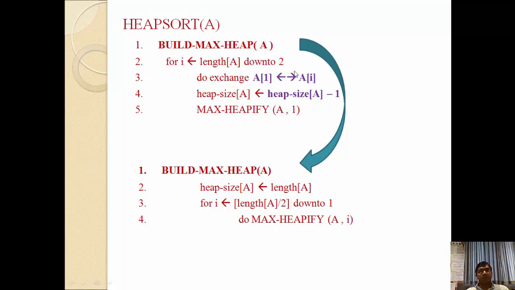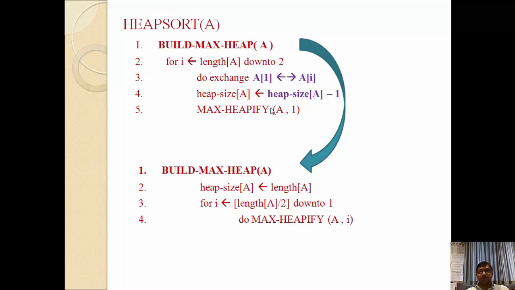This process continues until we convert our tree into a max heap. Once we get a max heap tree, again we can get our maximum value from the root node. So the root node must be swapped with the last element. Again remove it and reduce the size of the tree. So this process will continue until we remove the last element from the tree. Then at the end we get the list of numbers in ascending order. This is all about the max heap tree.